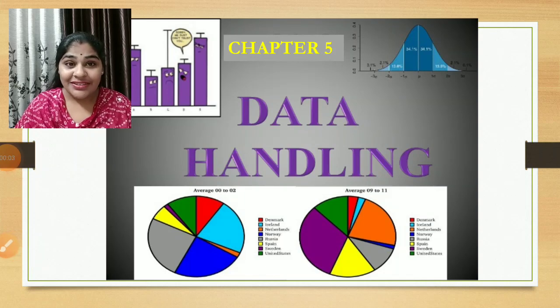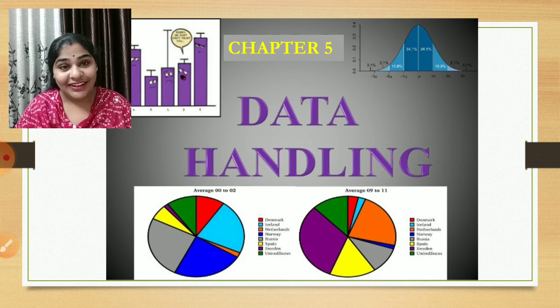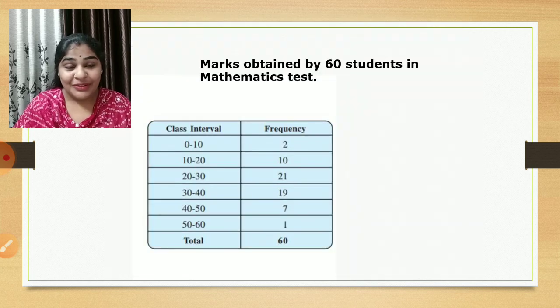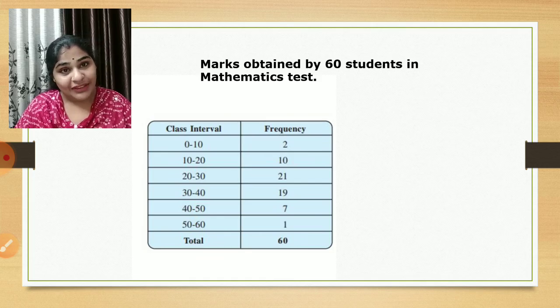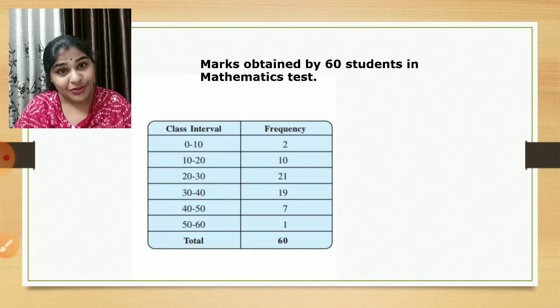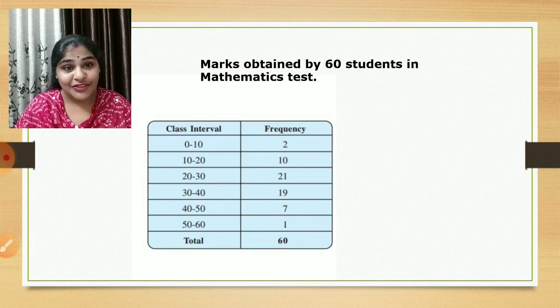So in the last session, children, we started with our chapter number 5, that is data handling. So let us continue today. Here I have taken one example, that is marks obtained by 60 students in a mathematics test. Now you can see the table, children. We have taken the class intervals from 0 to 10, 10 to 20, 20 to 30 and so on till